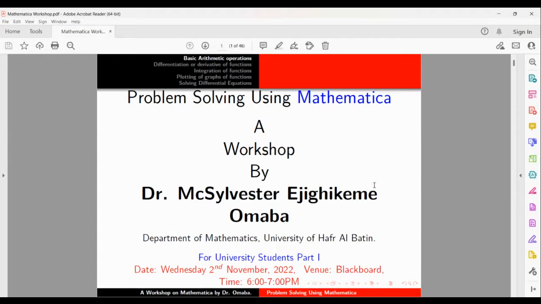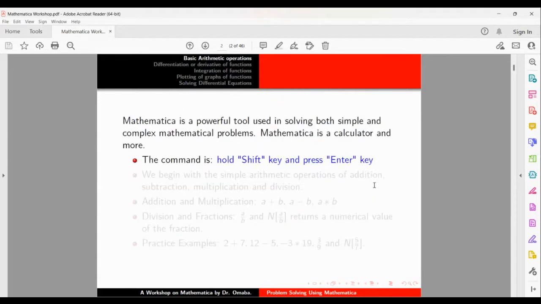Okay, so we know that Mathematica is a tool that can be used to solve very complex and also simple mathematical problems. So it does the work of a calculator too. So Mathematica is a